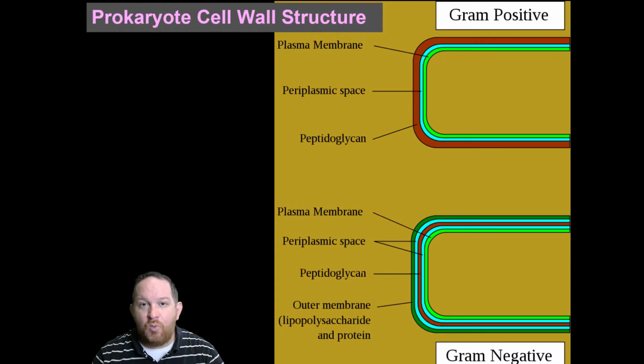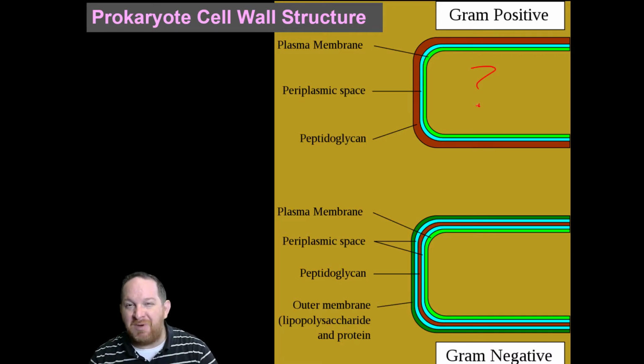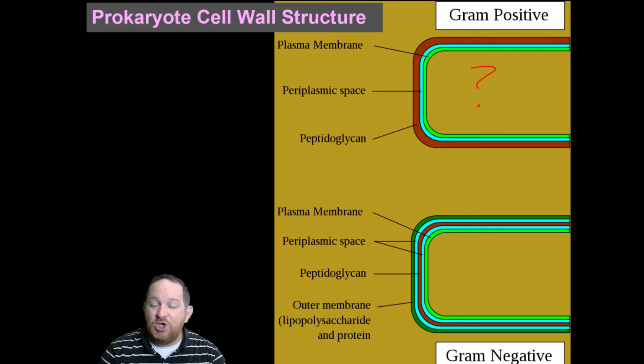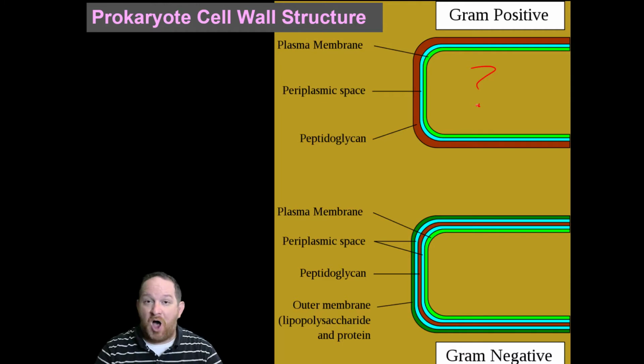So when you do an experiment on bacteria, one of the hardest things to find out is, what is this bacteria? They're so small, they look the same. So if you have a bacterial infection, you go to your doctor and they're not sure what it is, they may take a swab and try to grow it on a petri dish. But even on a petri dish, it's hard to tell what bacteria it is. So we've developed some strategies for determining and grouping or classifying different bacteria.